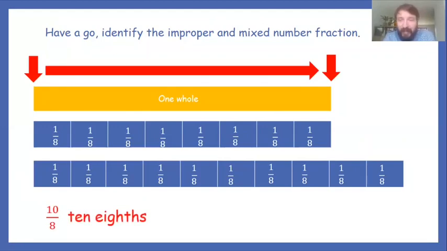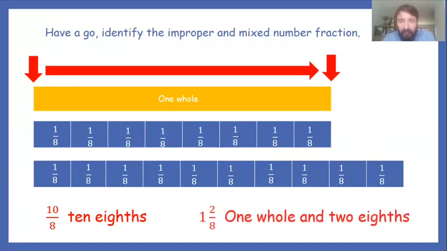My second blue bar, which I've had an additional 2/8 added to it, then gives me an improper fraction of 10/8. Now if I was going to write that as a mixed number fraction, you would be able to say that is one whole, as mirrored by the blue bar on the yellow bar, and then our additional 2/8. Now mixed number fractions can be changed into improper fractions, and that is a session that